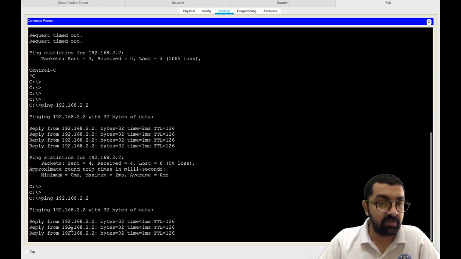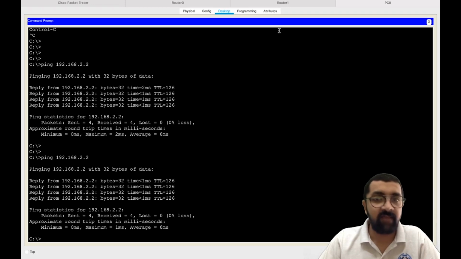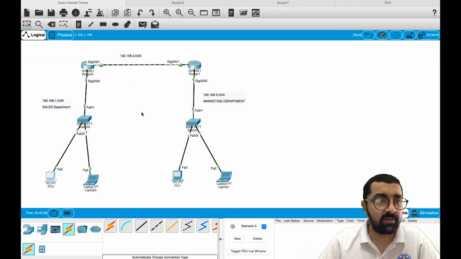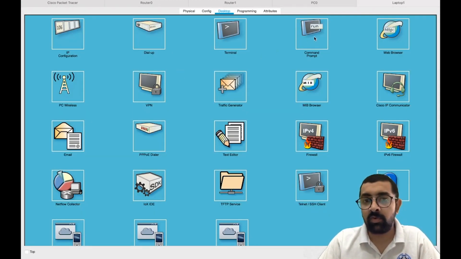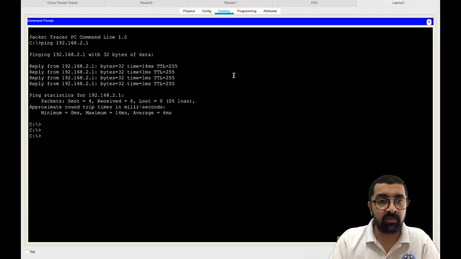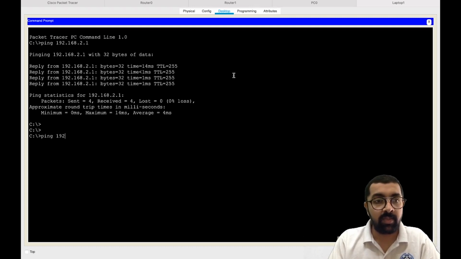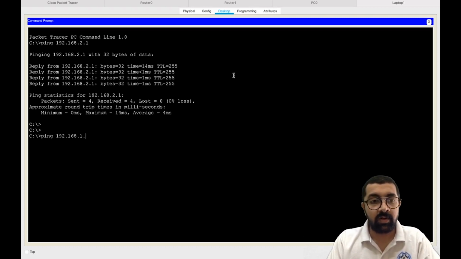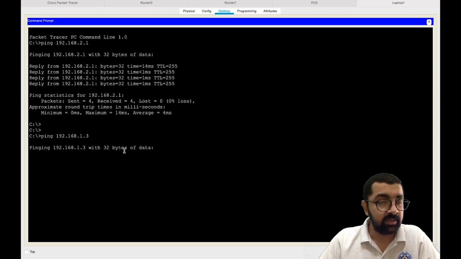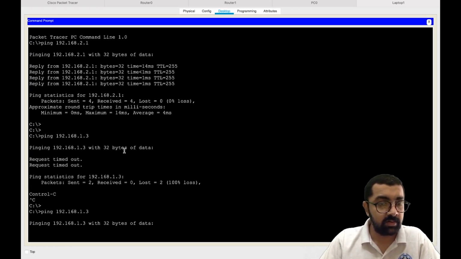The communication between these is successful. And if I go and open up some other, I would say laptop. Let's say I open up this laptop, go to the command prompt, and over here we try to communicate with 192.168.1.3, which is the other laptop. Yeah, for the first time, because of ARP resolution, the traffic might fail here, but if I again check that out,